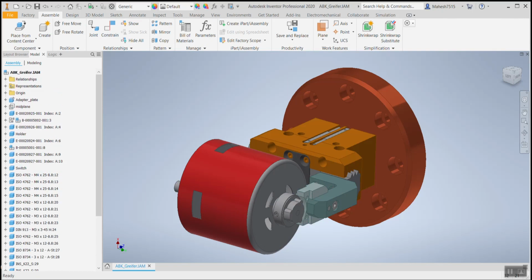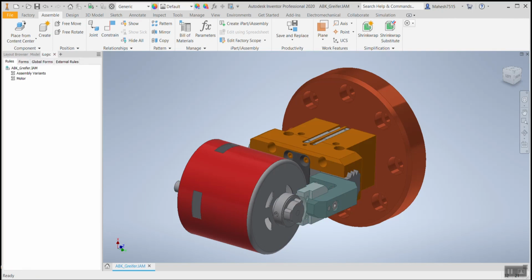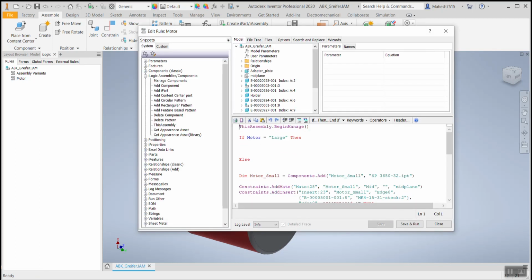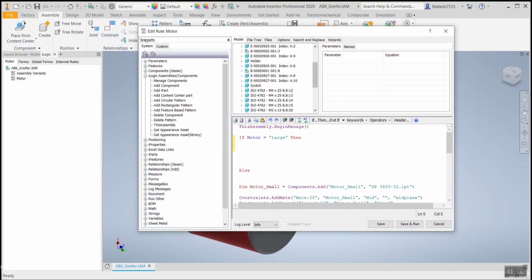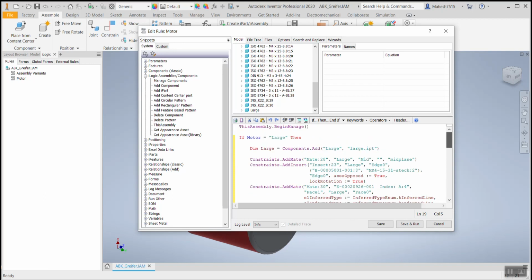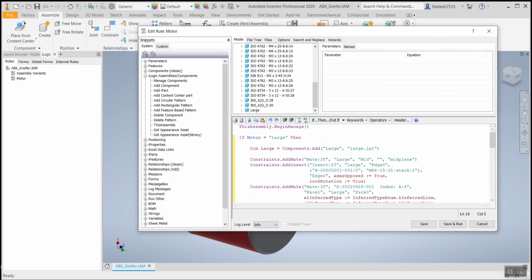So now going back to the rule again, edit rule. Now we have to capture the condition of the larger motor. So we'll quickly go to the design tree and select your large, and say capture current state along with the constraints. So we have added both the larger condition as well as the smaller condition, right? Before that, we'll make sure that the program is correct.